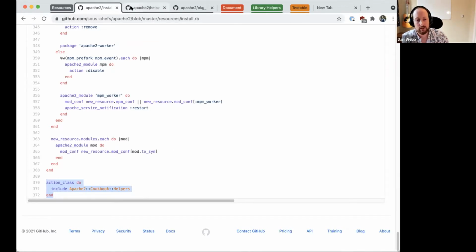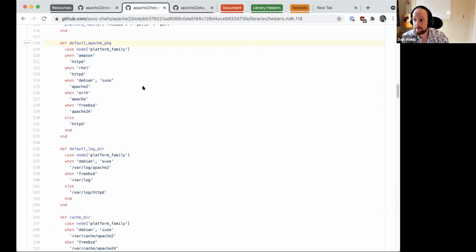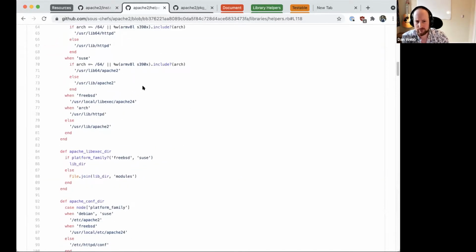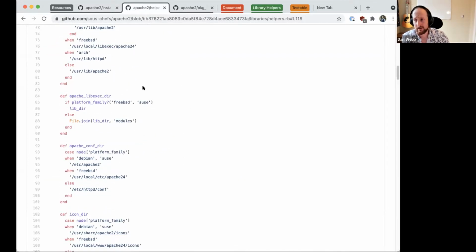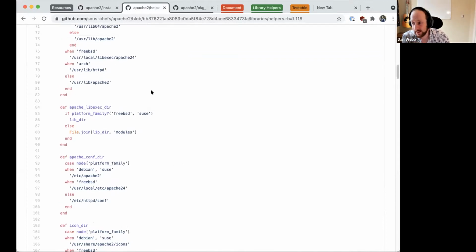And you can see with the helpers directory here, the helpers file here, we've ended up with lots and lots of helpers based on platform name, based on platform version, based on what day of the week it is. Then we just push this into the libraries file. Another reason why you want to do that library file is you can then test each method. You can just treat this helpers file like a standard Ruby file if you want to, and say, I'm going